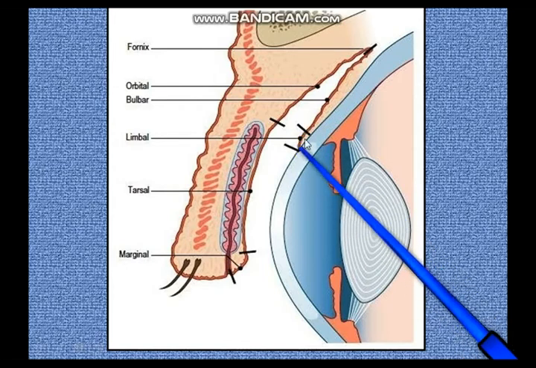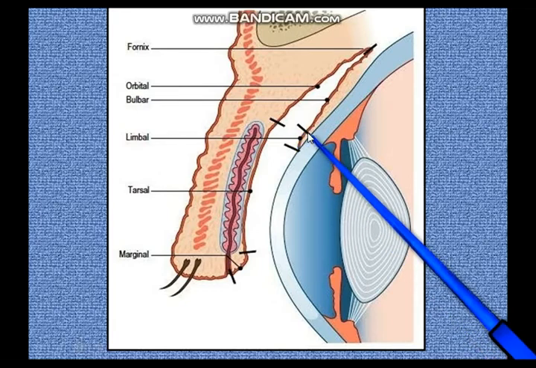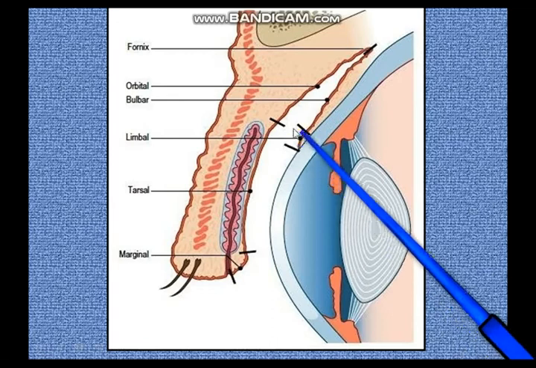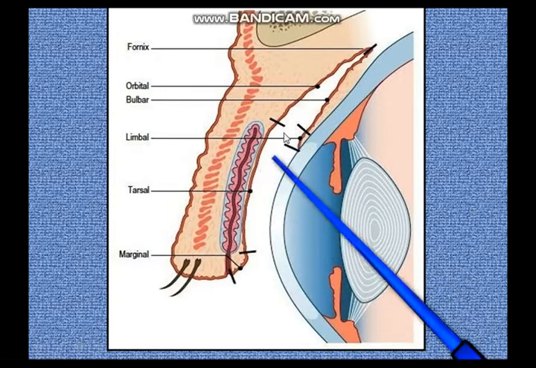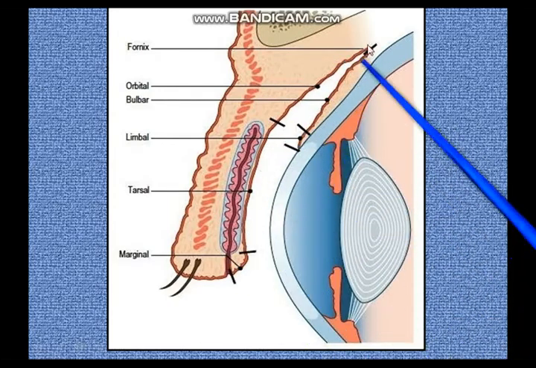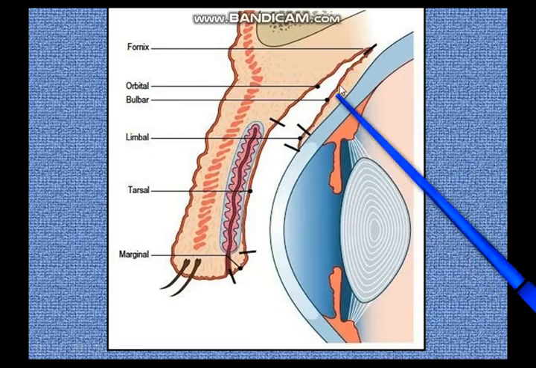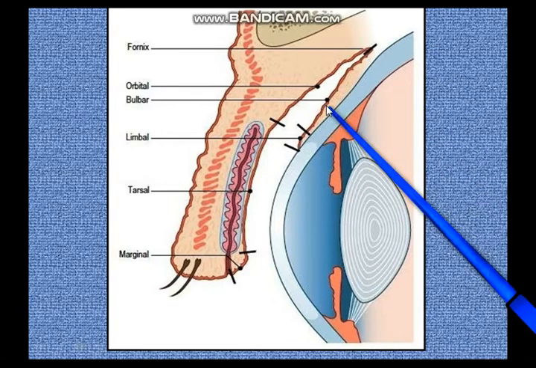And we know that this limbus of the conjunctiva is the seat of all the stem cells, which will actually go and replace the corneal epithelium here. So this limbal part of the conjunctiva is very important. It contains the stem cells. Now the blood supply, nerve supply and everything of the conjunctiva is almost the same as that of the eyelids. It is just that the bulbar conjunctiva derives some added blood supply from the episcleral blood vessels. We'll come to that later.